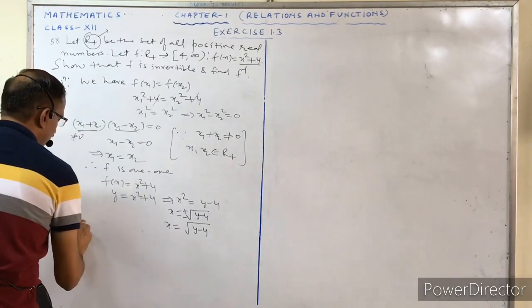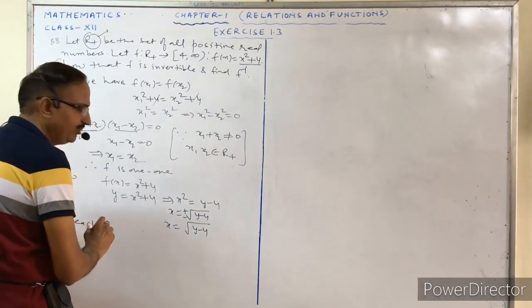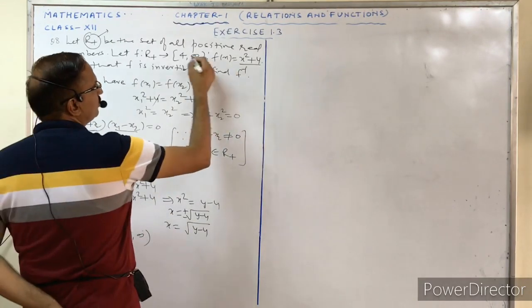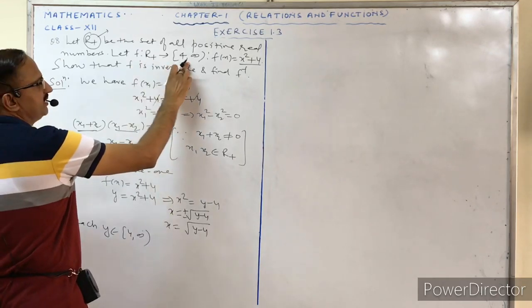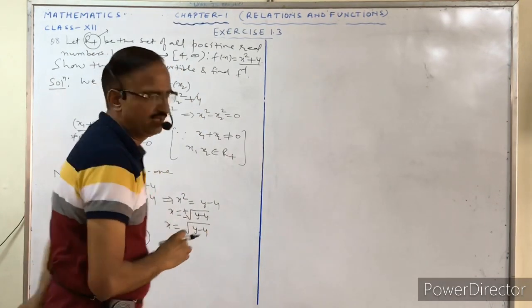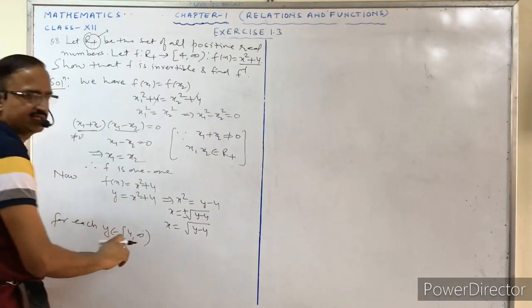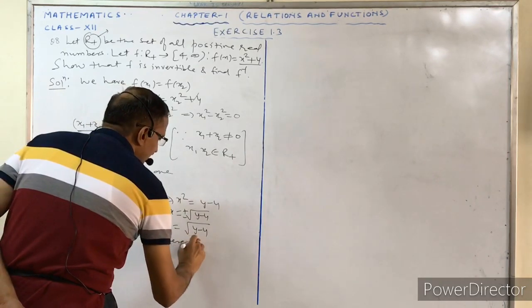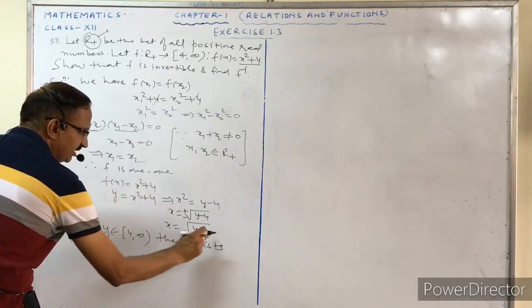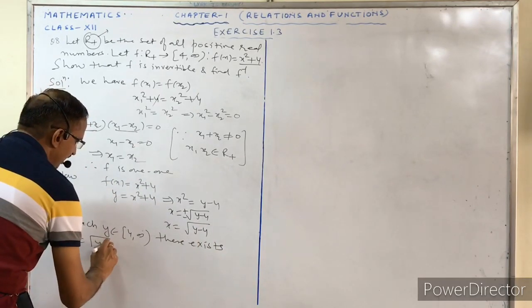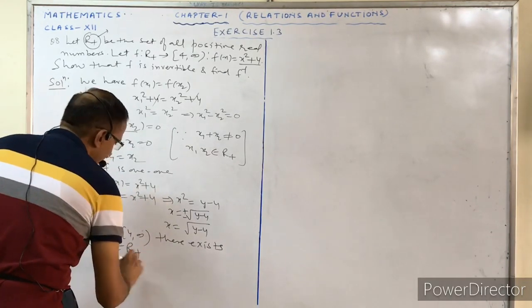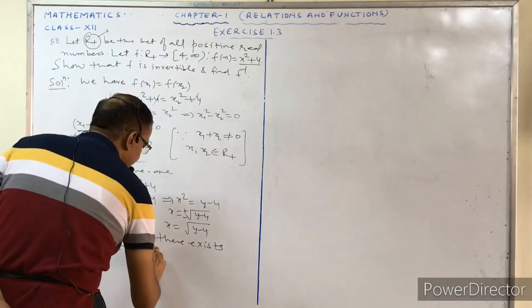Now for each y belonging to [4, infinity), this is the domain and this is the range. So x belongs to R plus and y belongs to [4, infinity). So for each y belonging to this, there exists x equals root y minus 4 belonging to R plus, such that